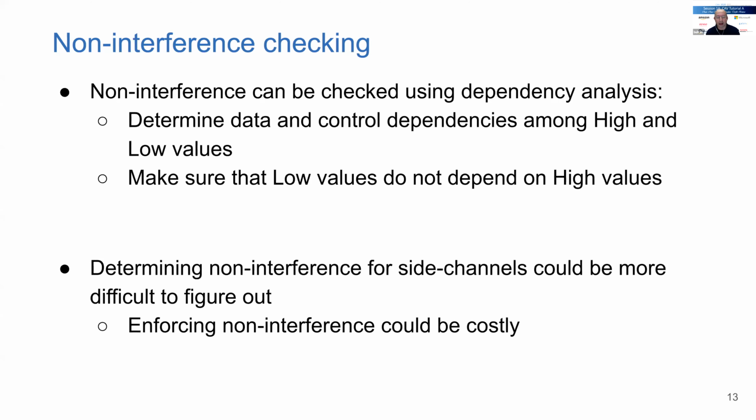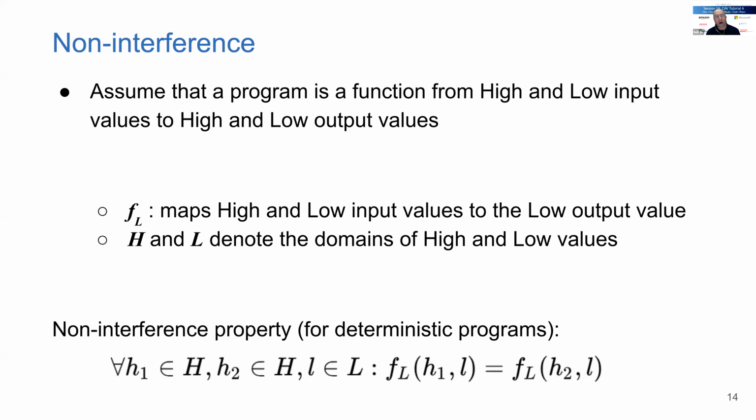The execution time and enforcing could also be costly. Showing that execution time is completely independent of the secret values could be tricky and costly actually. So it is a challenge. But we can model non-interference pretty simply. I have some slides with notation eventually. Hopefully not too many, well, maybe a lot, but there is no background needed for the stuff that I'm discussing. All the definitions are in the slides.